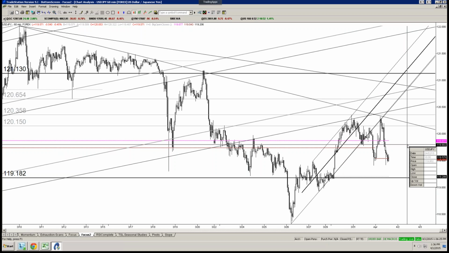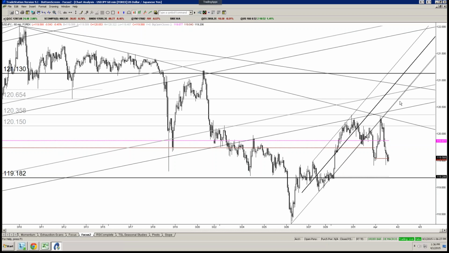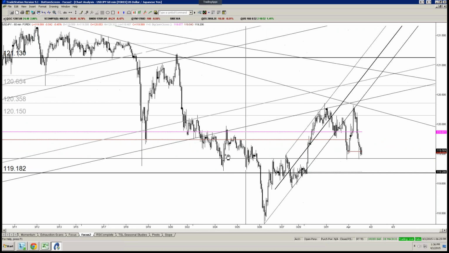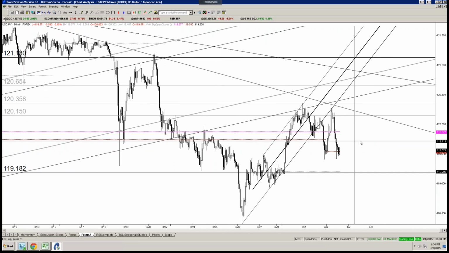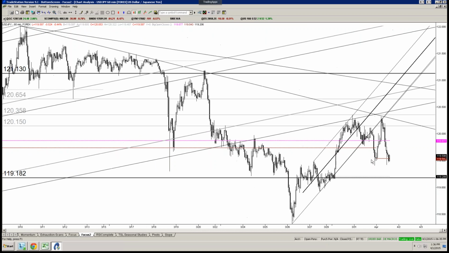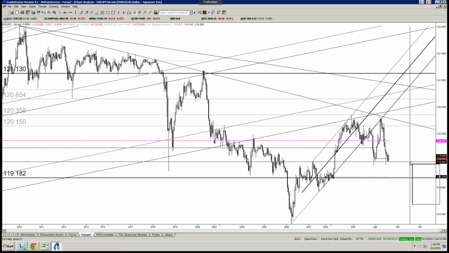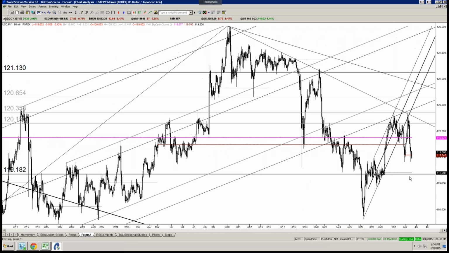This, in fact, would be tomorrow morning. There's still daily reversal resistance up near 121.13. You could get something like that with NFPs, who knows. So be open to several different options with dollar yen. 119.20 could still provide support. That's the week open as well as daily reversal support.